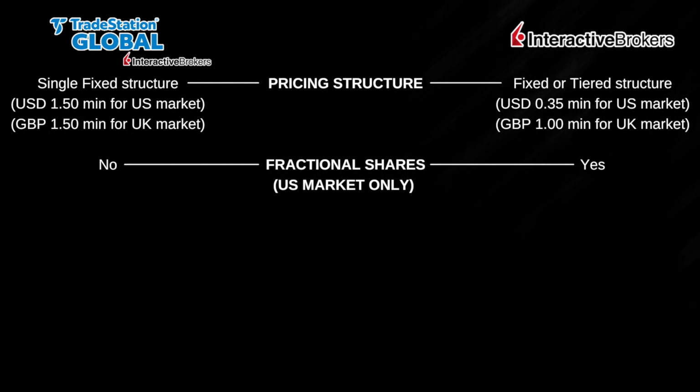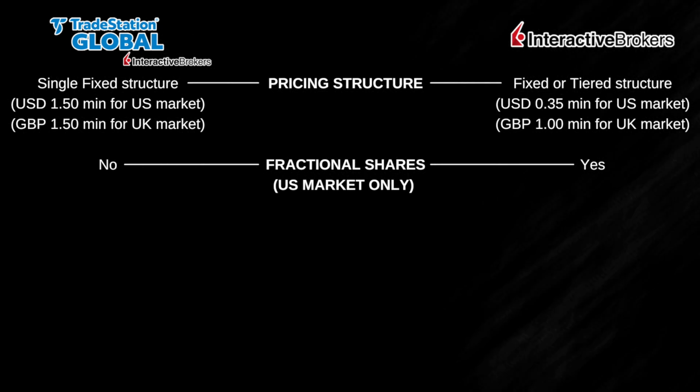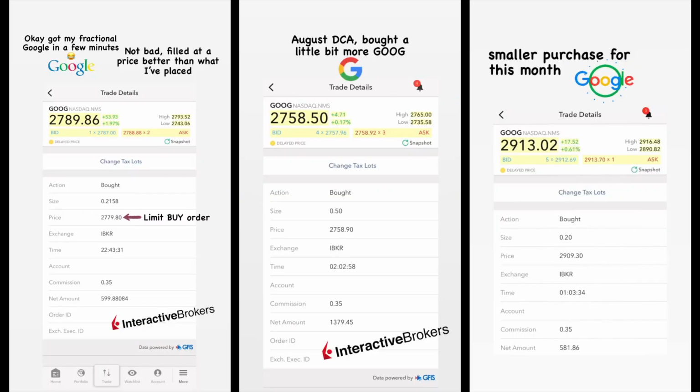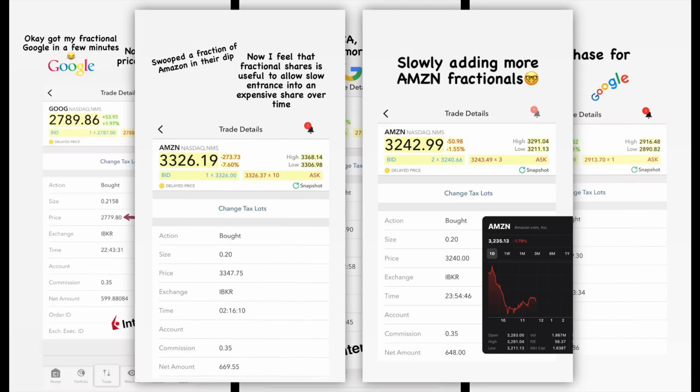The second major difference is fractional shares trading in the US market. Unfortunately, TSG as an introducing broker does not allow you to trade fractional shares. When I delinked from TSG roughly 3 months ago, I'll be honest, I wasn't the biggest fan of it. I thought it was okay and not really a game changer. But in the name of science and content, I actually made myself buy a couple of fractional shares, as some of you might have seen on my Instagram stories, and over time,